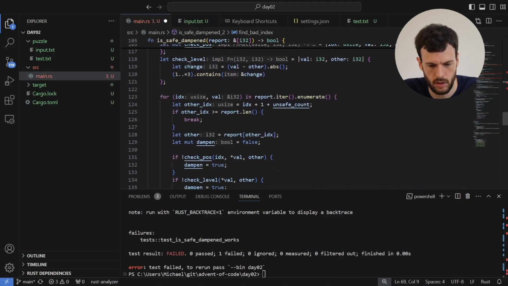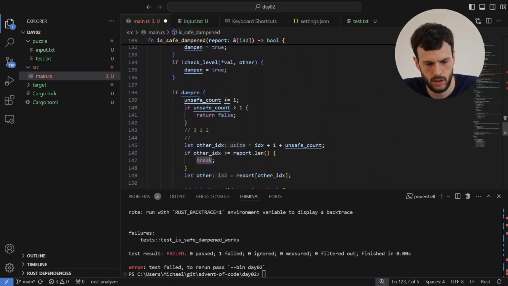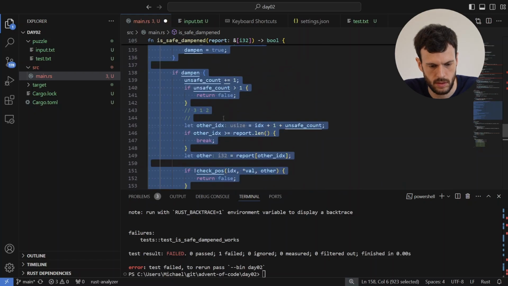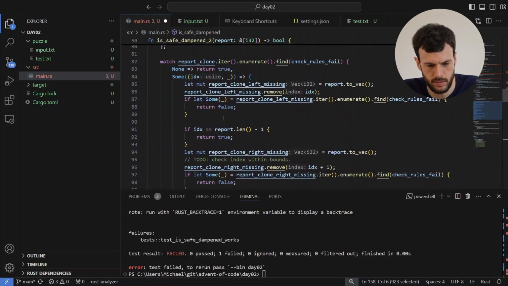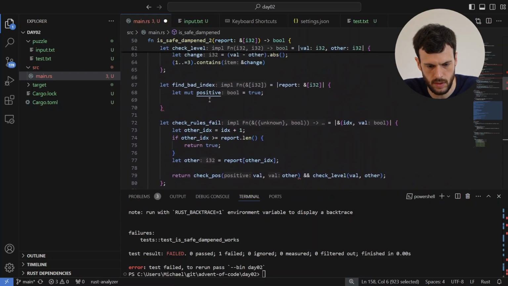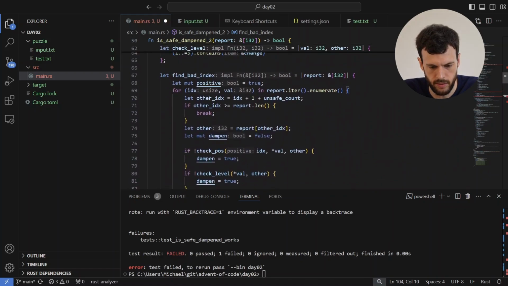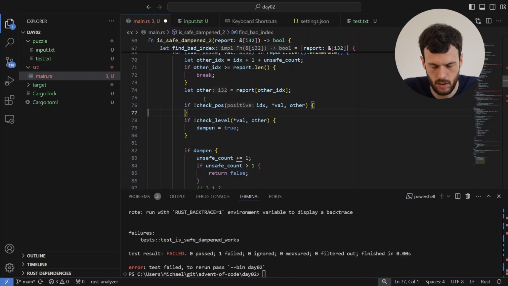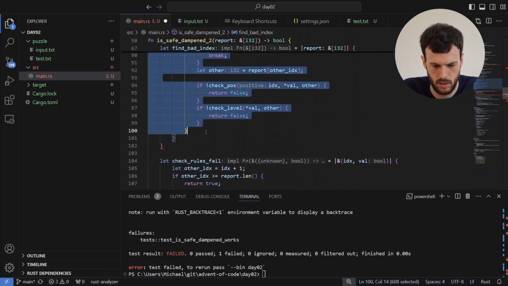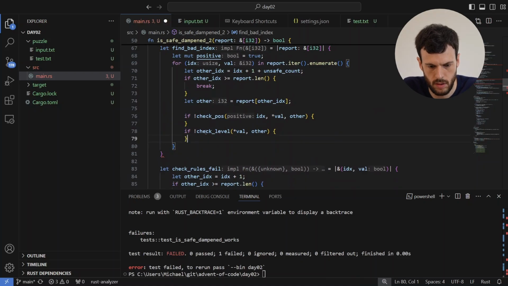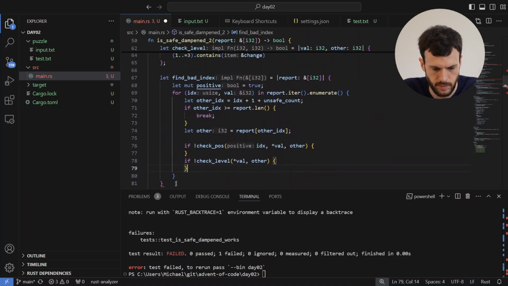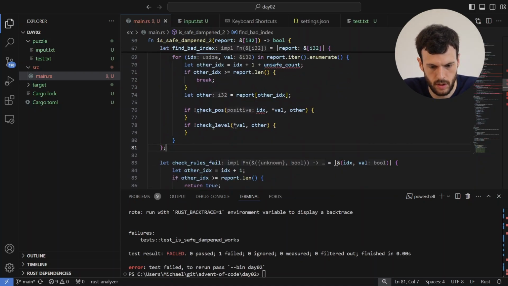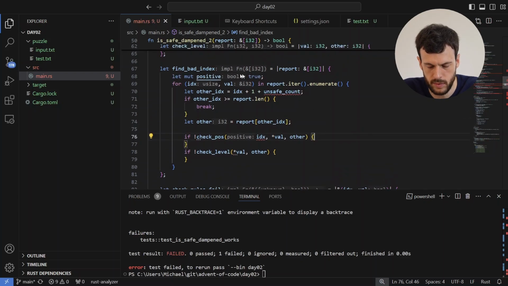Right, so we'll take all of this, and then remove all the dampening logic. Okay, so for index, val in report.iter().enumerate(),